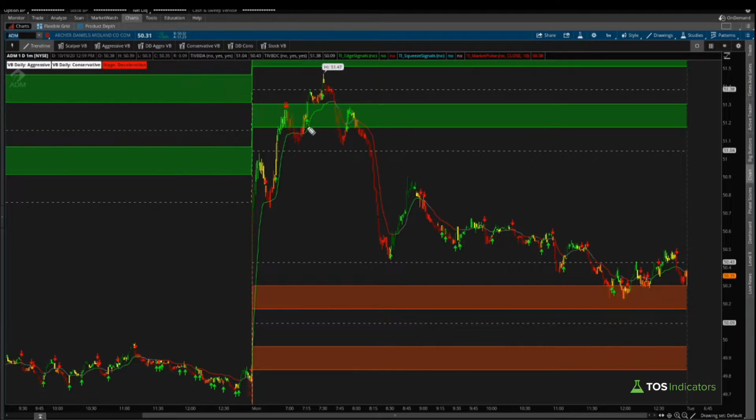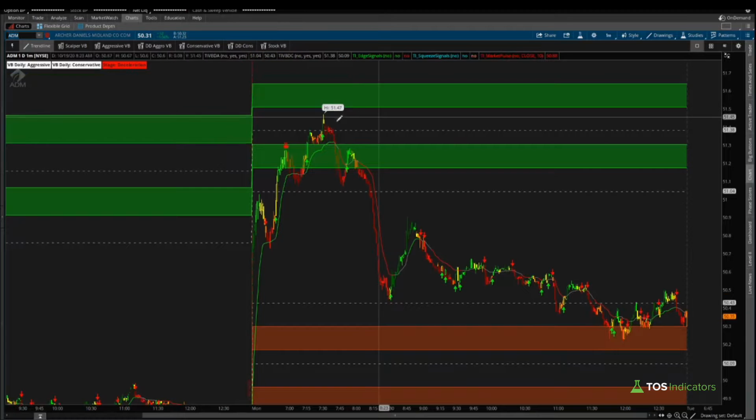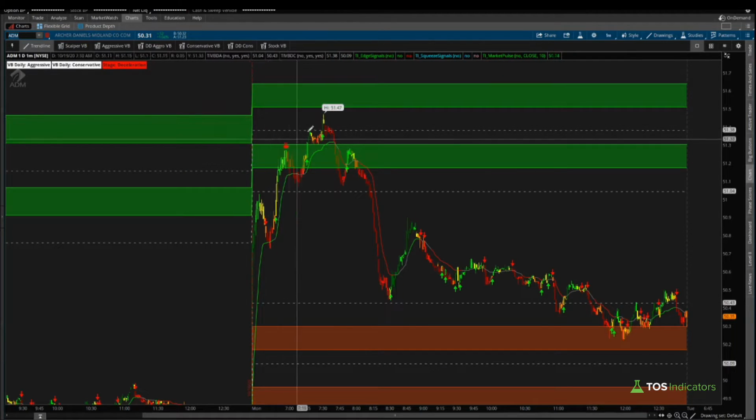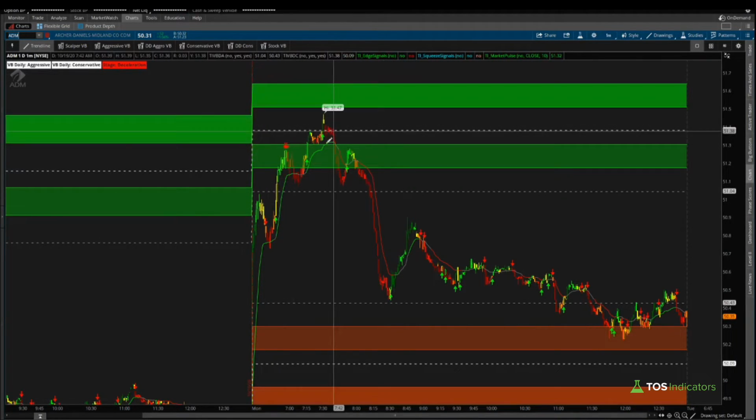Now, for those of you that trade options, again, I've talked about this, but for those that trade options, you may have been spared in this price action as opposed to having a hard stop here, where giving it a little bit extra room here, essentially going even outside of the conservative volatility box, doesn't really take that much away in terms of the option pricing and the potential losses that you'd have to have. However, on a pure volatility box trade basis, this trade was a loser when we went outside of the clouds